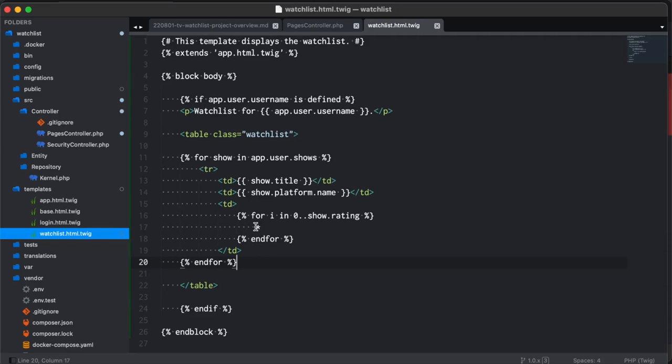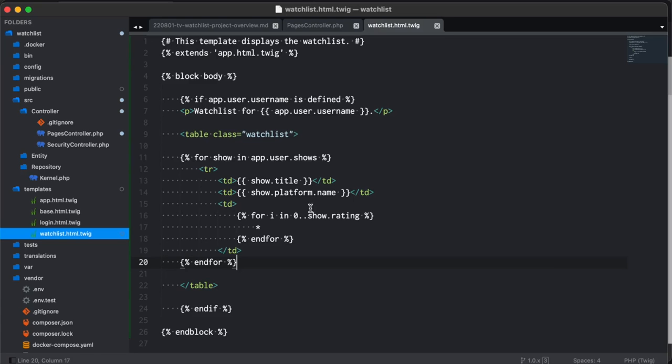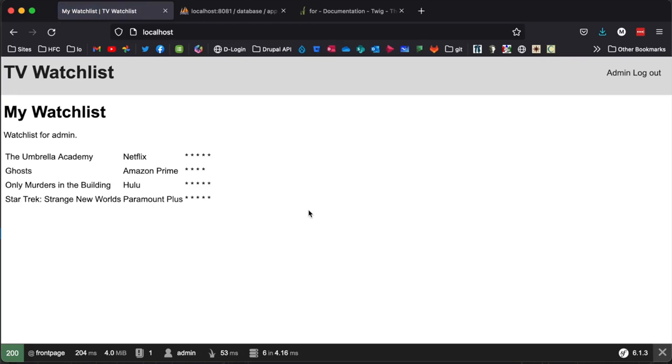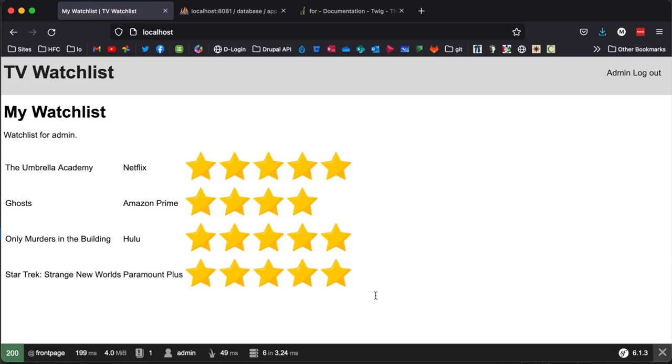Let's test this real quick by just printing an asterisk in place of the star here. Sure enough, we now show stars. However, we have one too many stars because I did my loop wrong. There we go. Now we have the correct number of stars. If we want, we can insert an image. And when we do this, we'll make use of the asset function to tell Twig where our images directory lives. And there we are. Our stars are a little big, and we could resize those with CSS, but you get